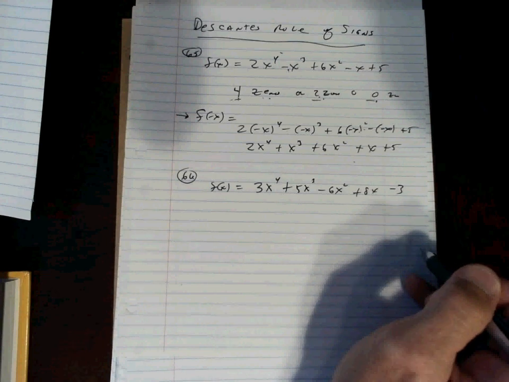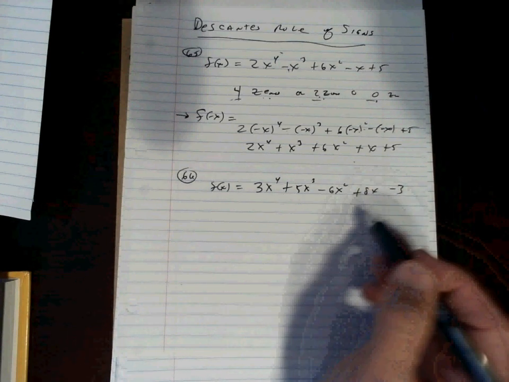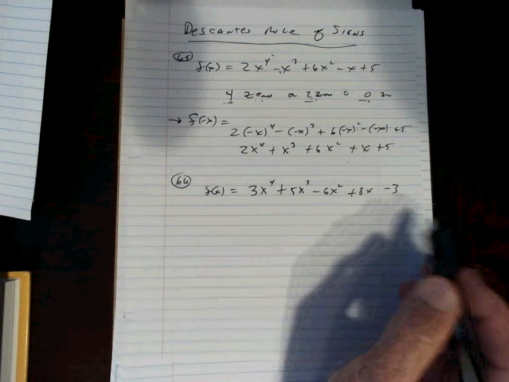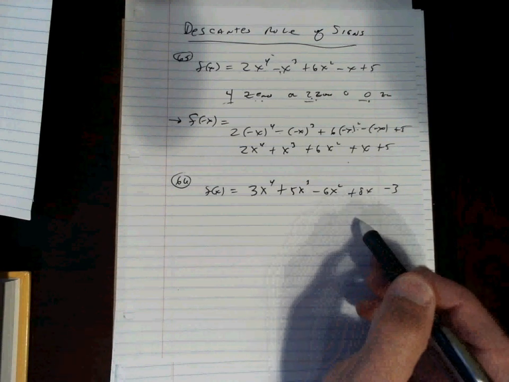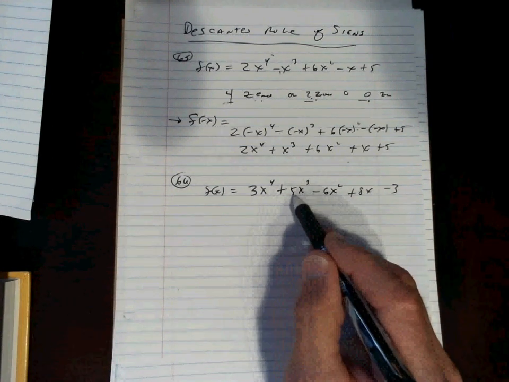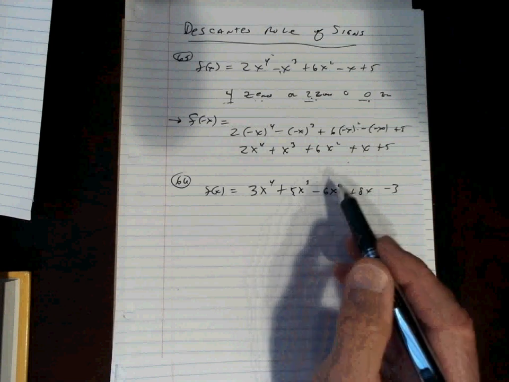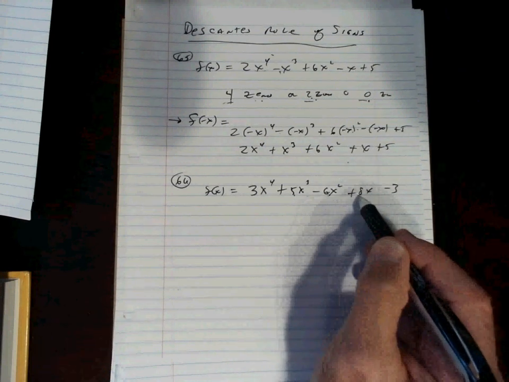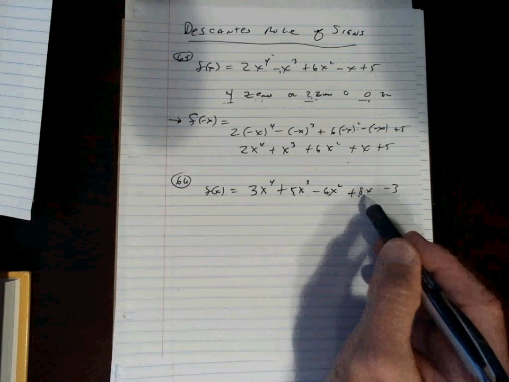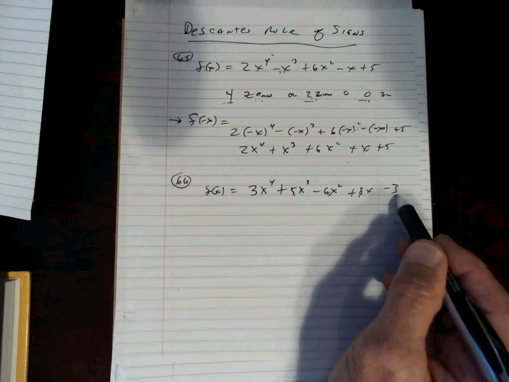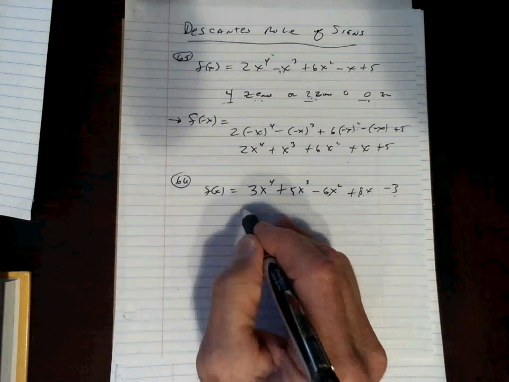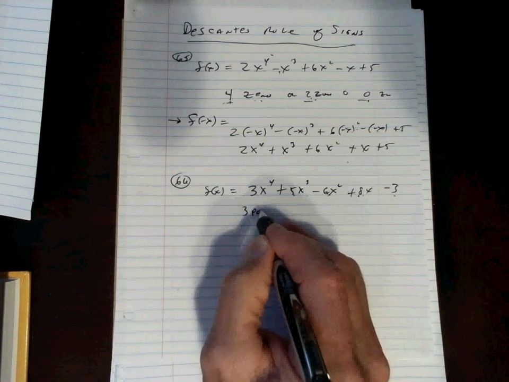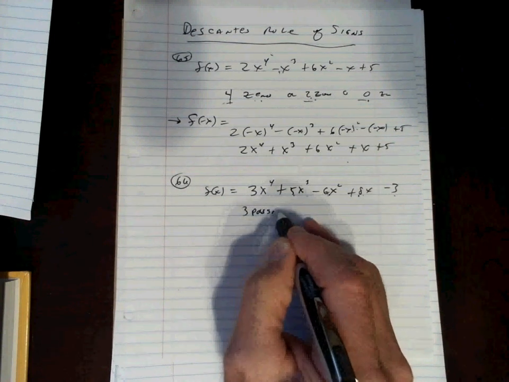precalculus material. Now, looking at number 66, I'm going to take the equation just as it is and check the sign changes. There are no sign changes from here to here because they're both positive. Then we go to negative, that would be 1 sign change. Then a positive would be 2 sign changes. Then a negative would be 3 sign changes. So there could be 3 possible